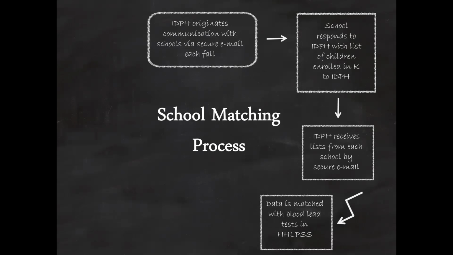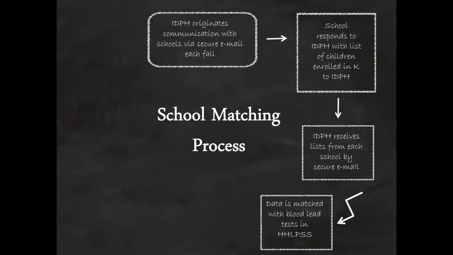Okay, this is John Satri, and I'm going to go over the actual process that you'll have to go through to receive the template that we will be talking about, and return it to the Iowa Department of Public Health. This image is the big picture of the entire reporting process by which we are going to identify whether or not new kindergarten students have had a blood test prior to entering school.